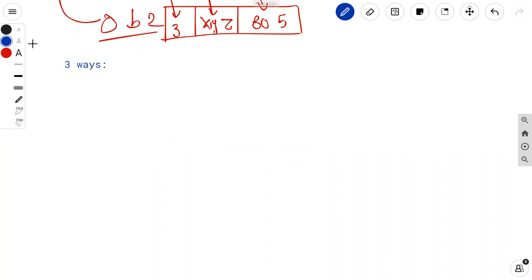These are the three ways in which we can copy an object. Now we will see them one by one.